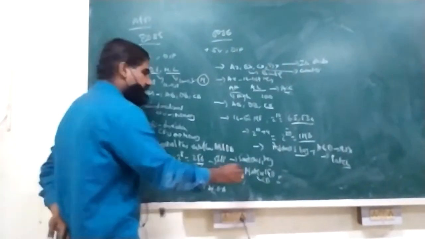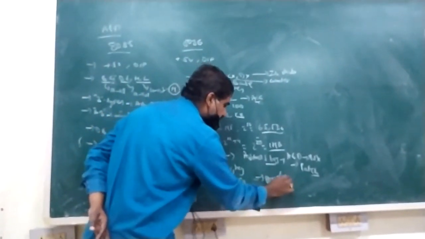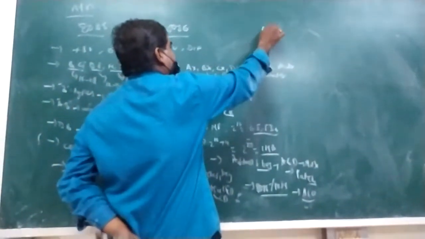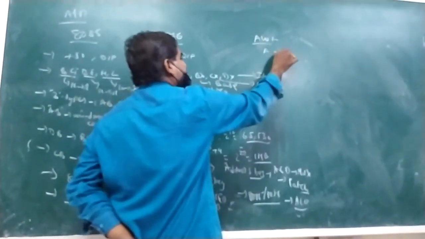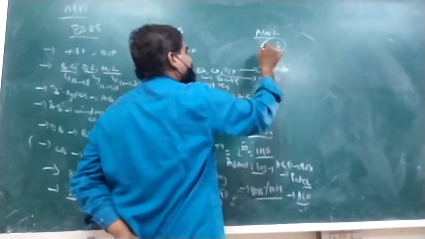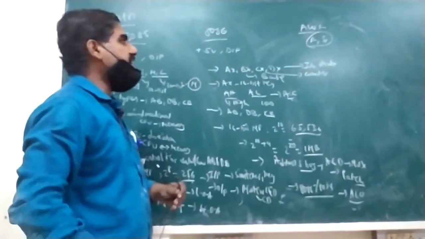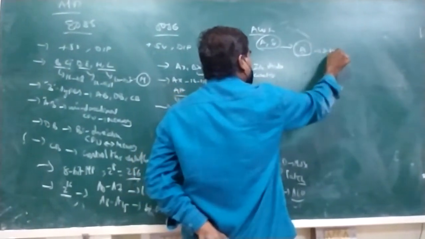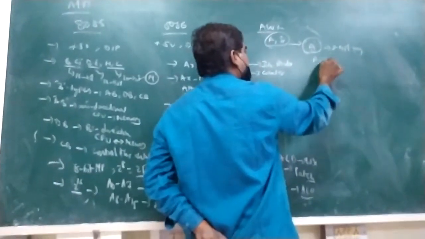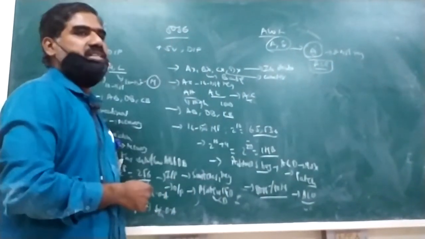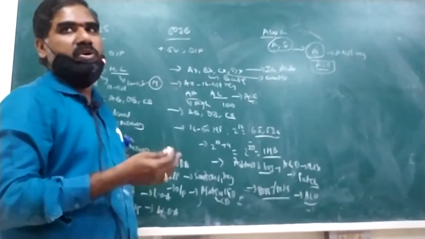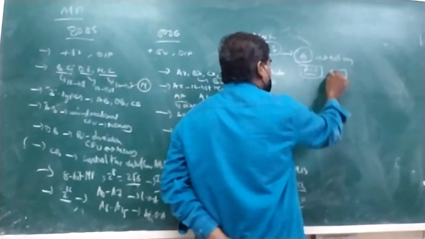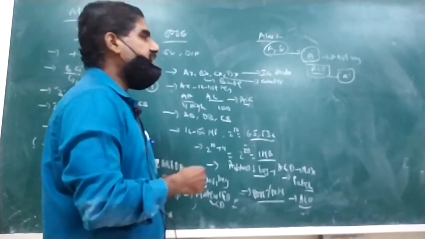The 8085 as well as the 8086 perform both arithmetic and logic operations. Arithmetic operations means addition and subtraction. Both operations are performed in the 8085 as well as the 8086. Another one is A, the A register. What is meant by A? Accumulator. Both the 8086 and 8085 use accumulator commands and the results are stored in the accumulator. That's why A is important in the 8085 as well as the 8086.